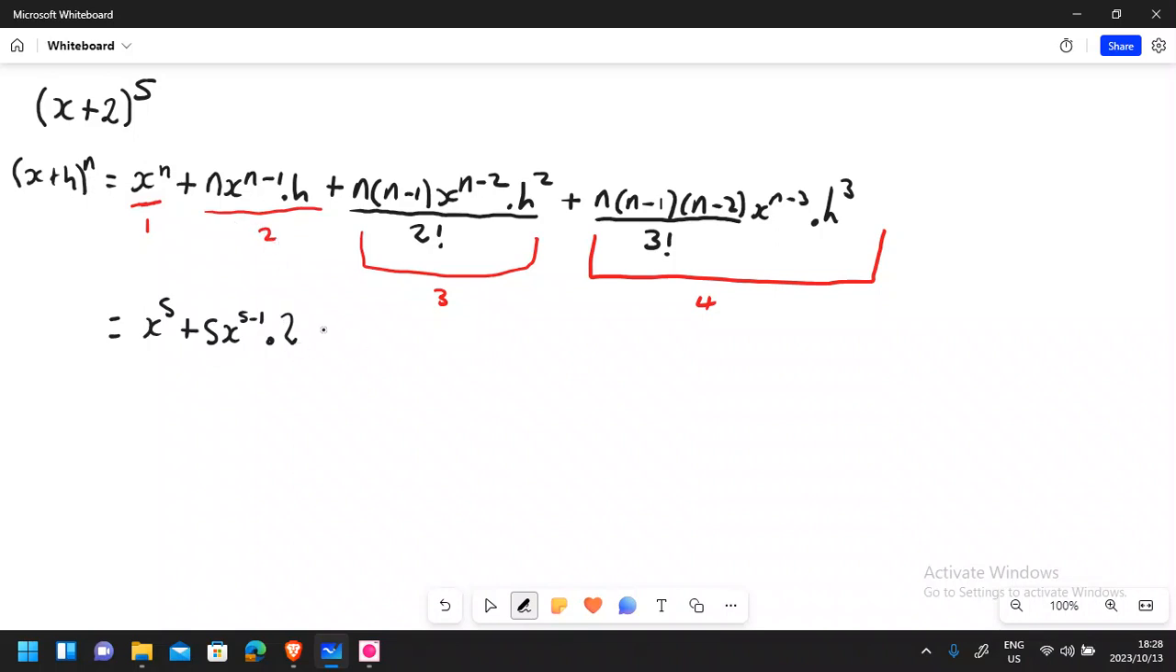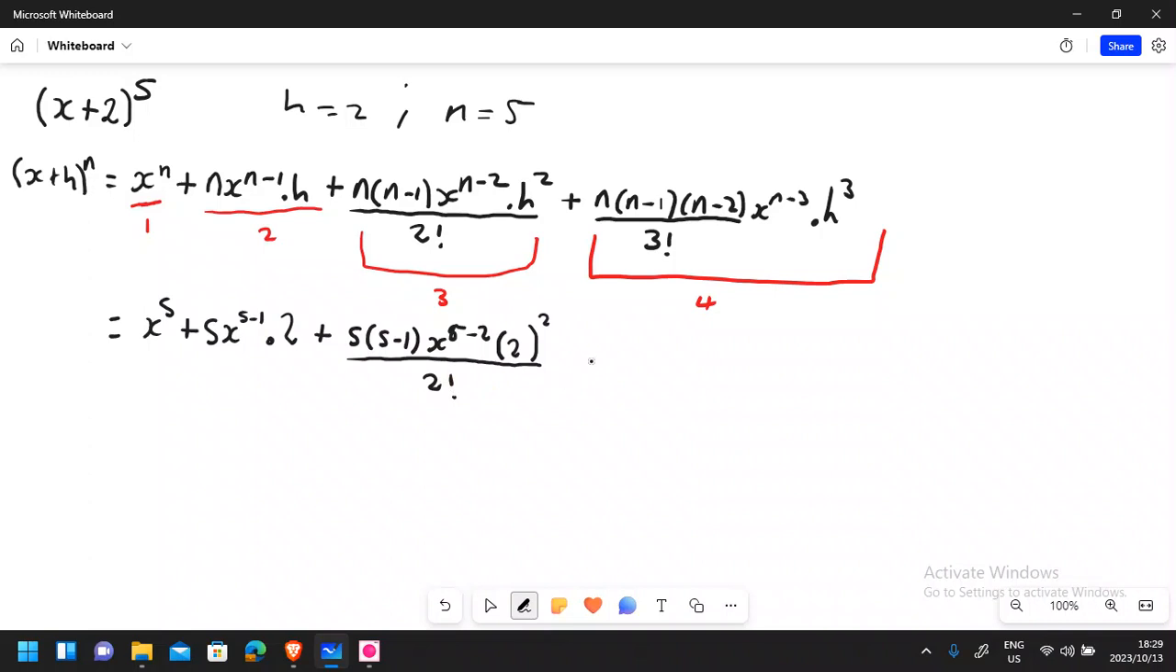And then let's go to term number 3. Term number 3, we have 5, and then we know that this is going to be 5 minus 1, right? And then we can say x to the power of 5, almost said n, minus 2. And then remember, h is what? Our h is equal to 2. Let me just write it there. And then our n is 5, just in case you do forget. So it's going to be 2 to the power of 2, and then the factorial here is going to be